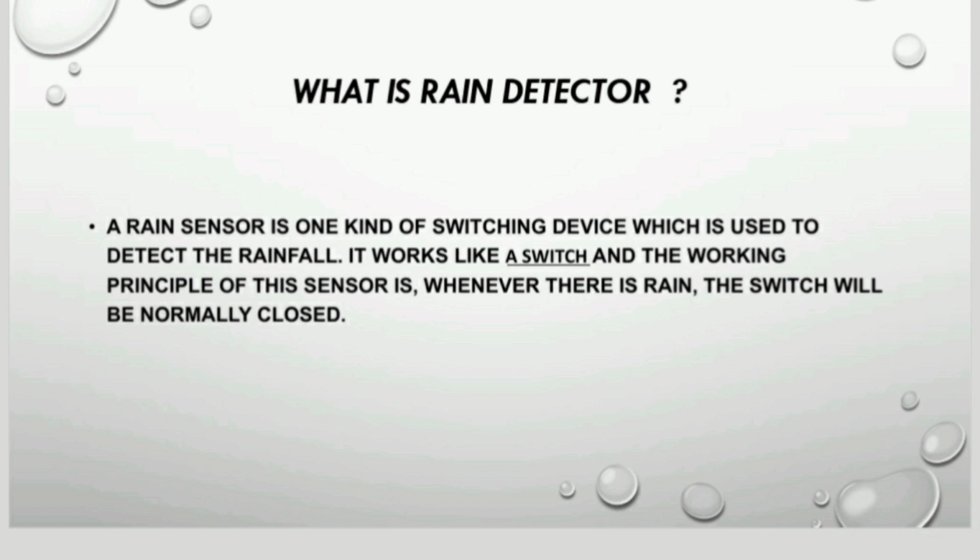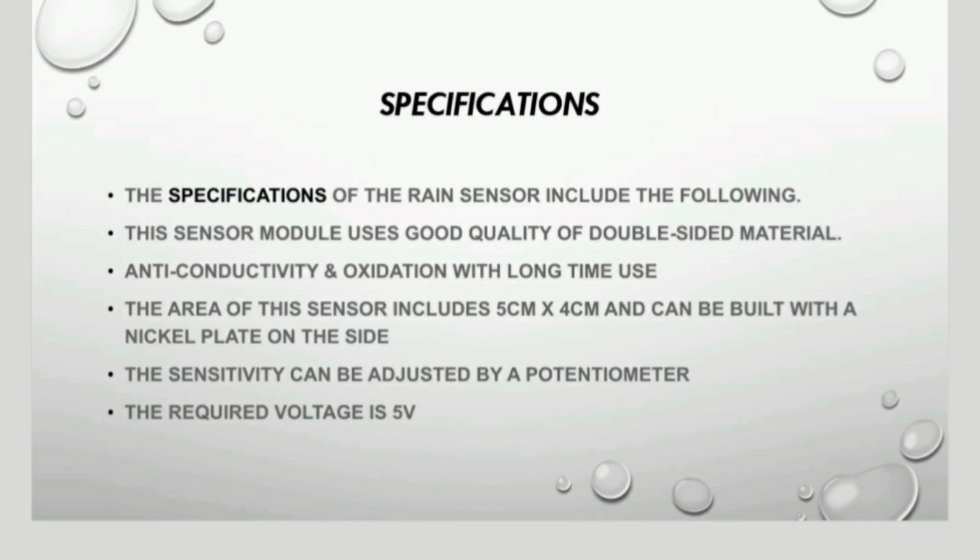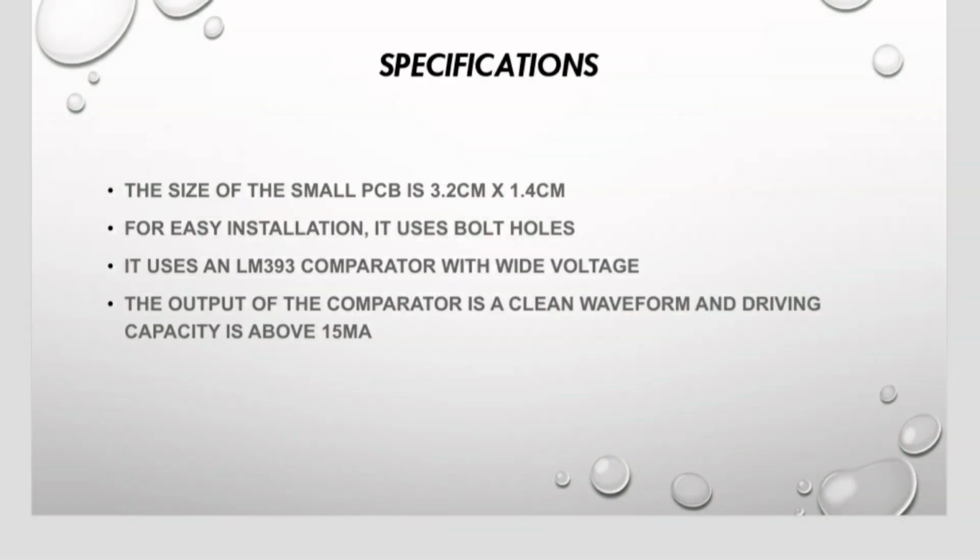Water is a basic need in everyone's life. Saving water and proper use of water is very important. Here is an easy and important project which will give an alarm when there is rain so that we can take some action for rainwater harvesting and also save the rainwater for using it later. The rainwater detector will detect the rain and make an alert. So next we will see some specifications of the rain detector.